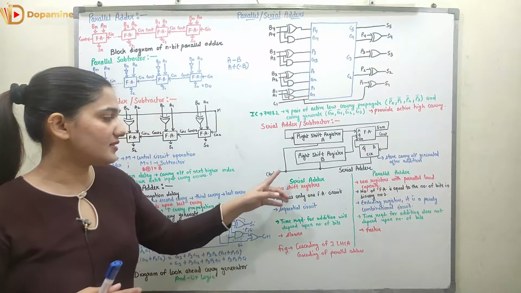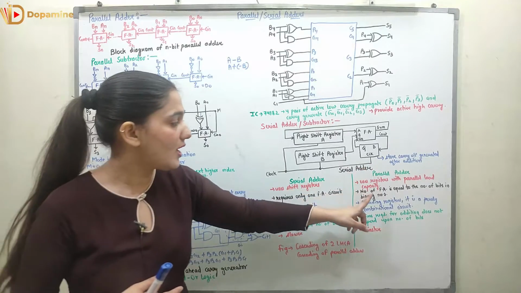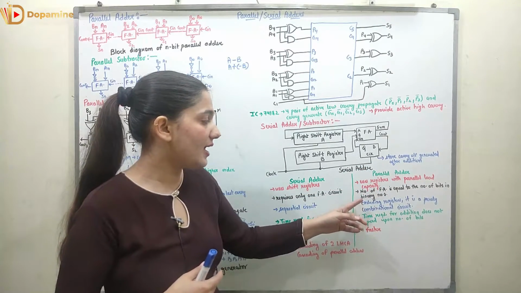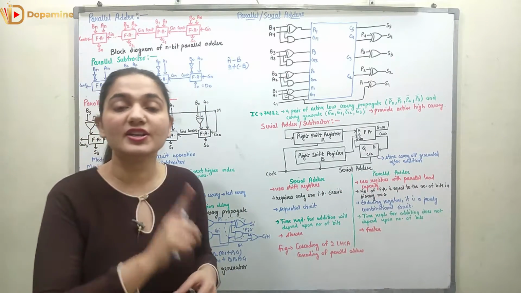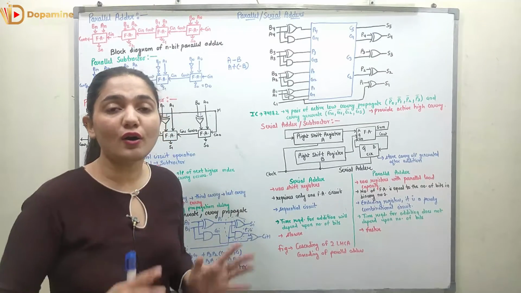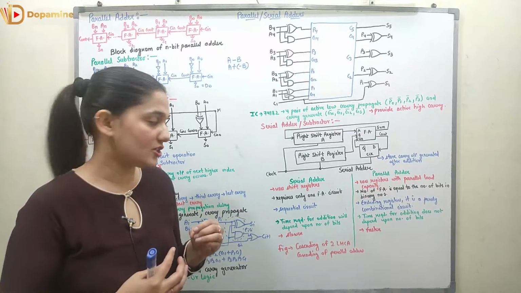So in the serial adder we have a sequential circuit, which is a flip-flop, that we have used. In the case of the parallel adder we are not having any sequential circuit. Excluding the register, it's a purely combinational circuit. Only the registers are there which are sequential, and other than that all of the parts of this adder are combinational parts, right?